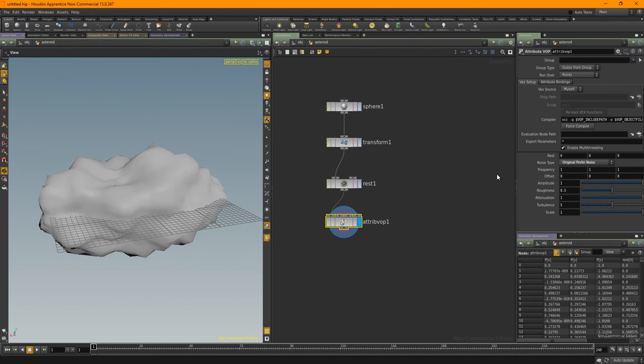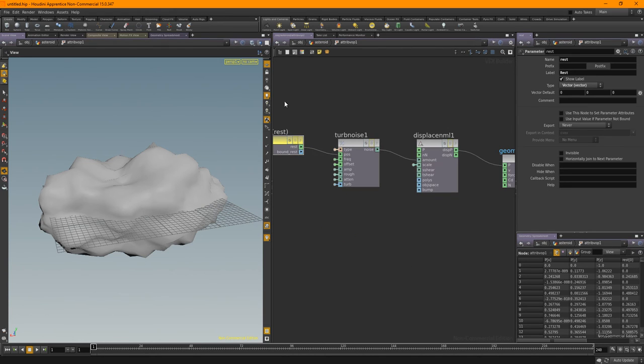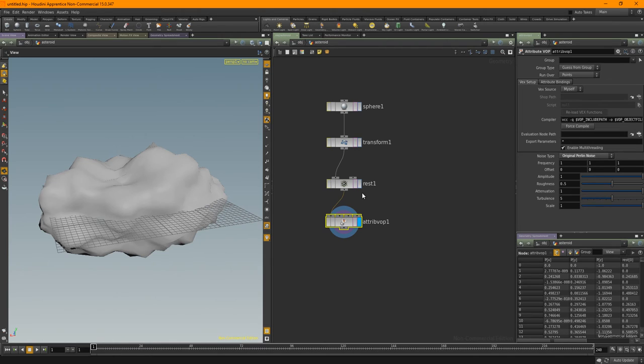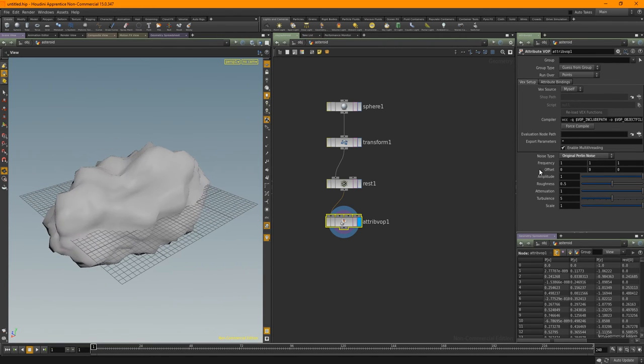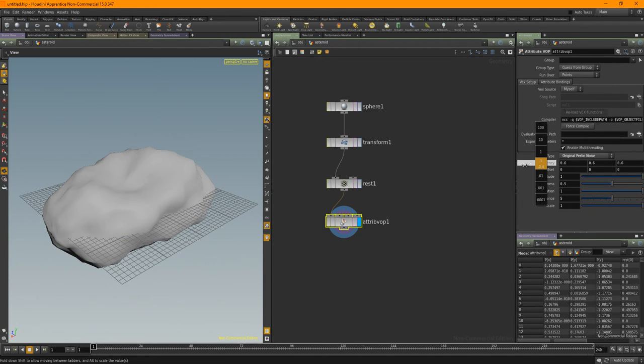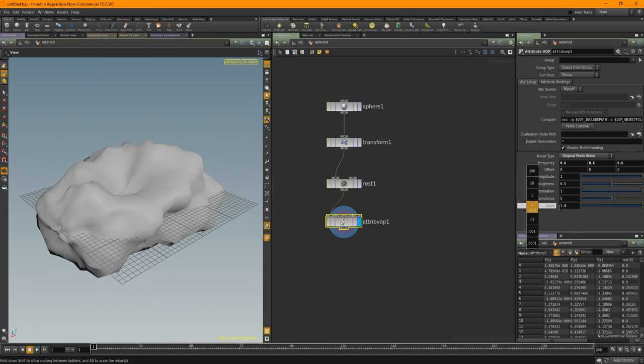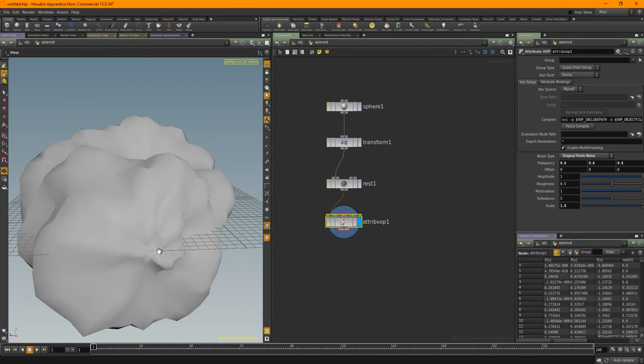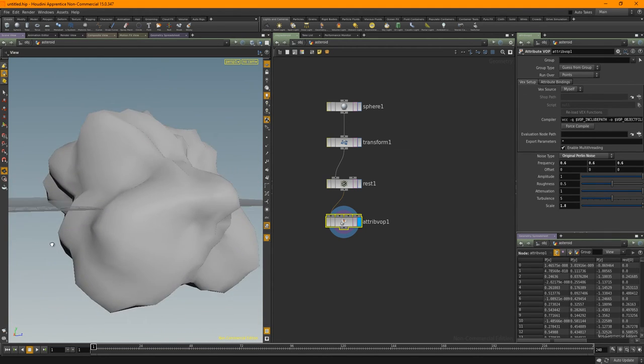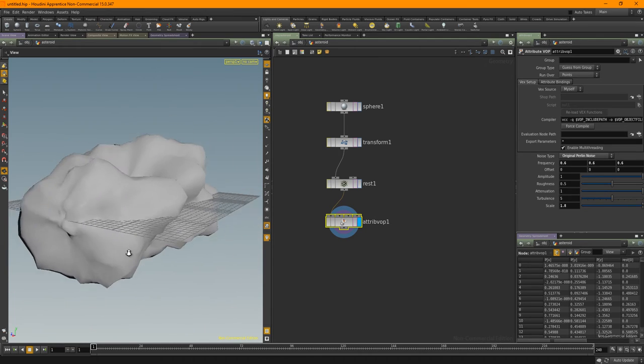And I want a... I see the rest positions showing up. Did I forget to make it invisible again? I did. There we go. So it's not there anymore. Cool. Right. So what I'm going to do is alter the frequency on this to a fairly low frequency and scale it out. We've got some nastiness going on there. Some nastiness.